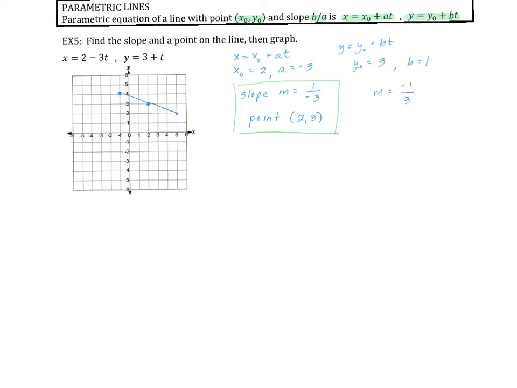So since the t values were not stated, we can assume that our t values are going to go from negative infinity to positive infinity. And they have to, because we're looking at a line which goes on infinitely in both directions. So the question is, how is this generated? Well, we can simply put in a t value of 0, right? Make our table of values